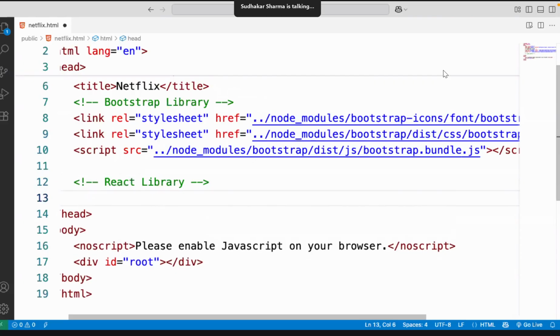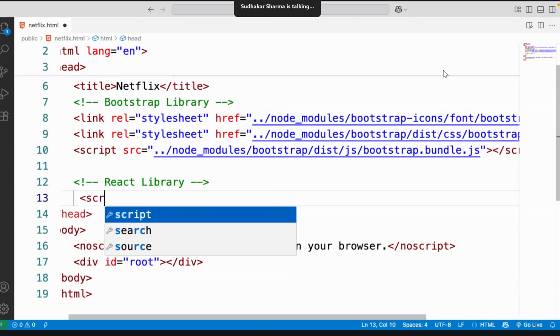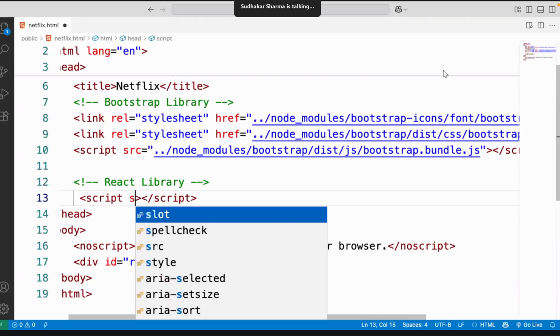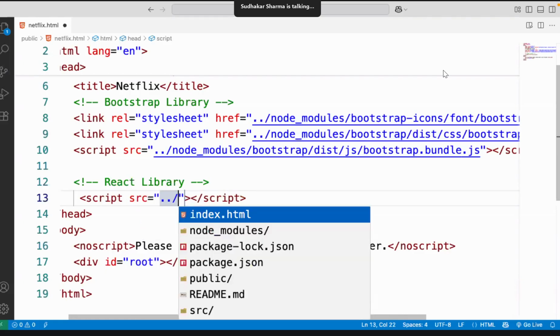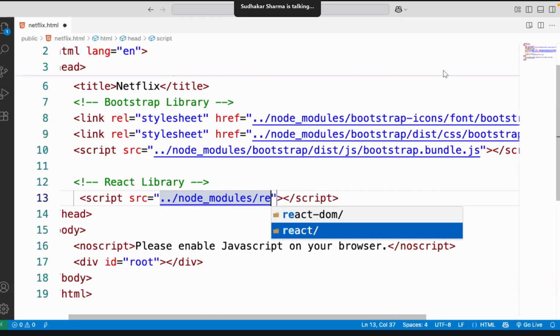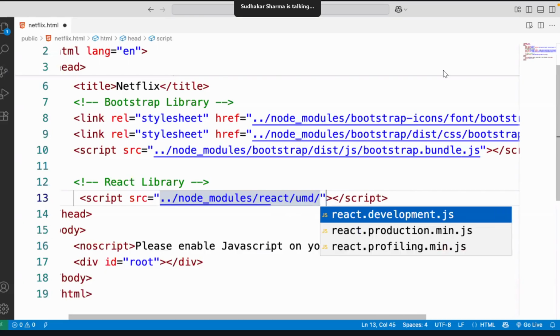React library also we need to set up. You know already how many files we need? 3 files. Good. What are those? Script. Yeah. And I told you two module systems, CJS and another one, UMD. Which module system do we need? UMD. In node modules, first we have to add React UMD React